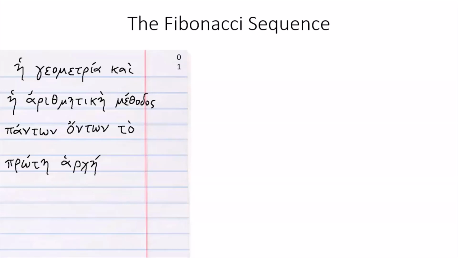So I wrote down 0 and I wrote down 1, and then you add those two numbers to get the next number in the sequence. 0 plus 1 is 1, so the next number is a 1, and then you add those and you get a 2, and so the next number is a 2. And to be clear, we're only adding two numbers at a time, so 1 plus 2, and draw a box just to make it really clear, is 3, and so we have a 3 next, and then 2 plus 3 is 5, and 3 plus 5 is 8, and 5 plus 8 is 13,